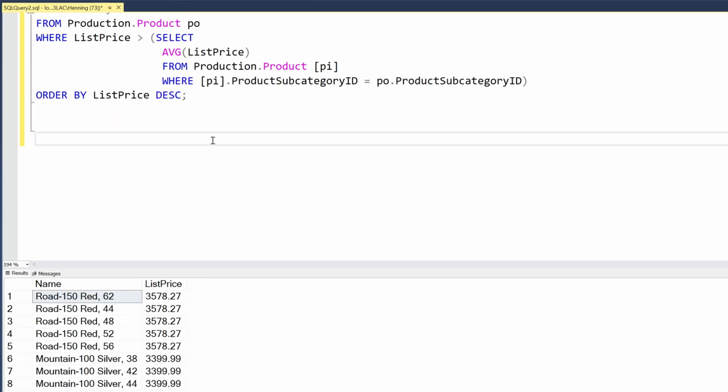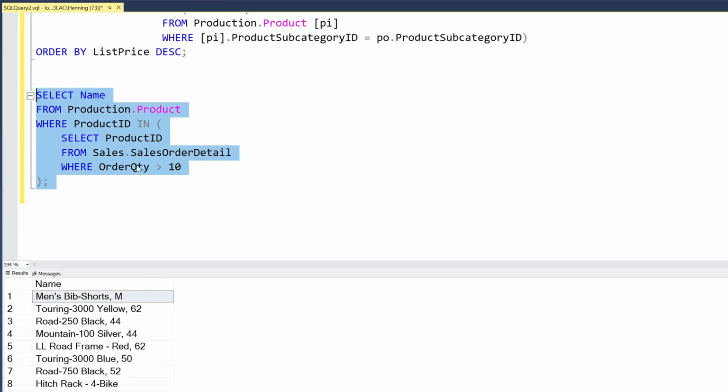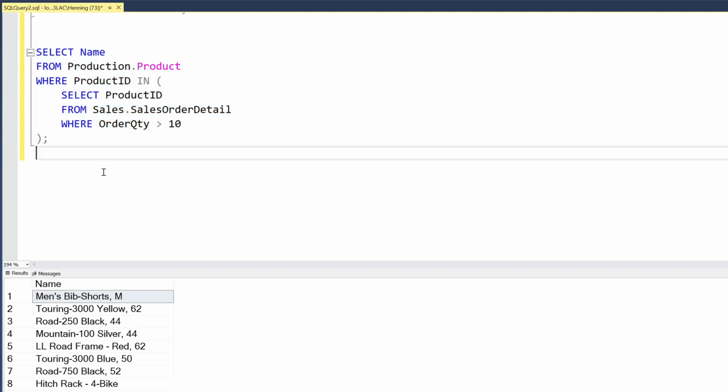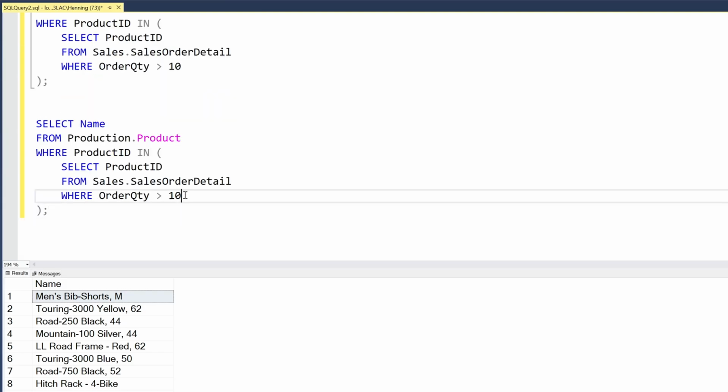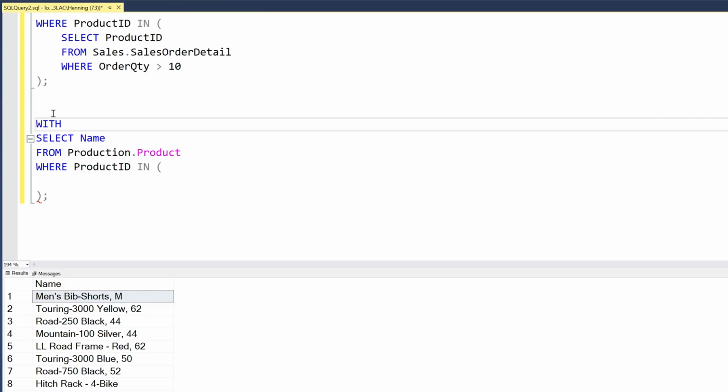All right, the last thing I would like to show you are CTEs, or common table expressions. Let's say we have a simple query like this. We have again the product name for products which were ordered more than 10 times. This inner query can now be transferred into a common table expression. Let me copy it over here again, and I will take this inner part and say with, and now I need to give it a name. Let's say